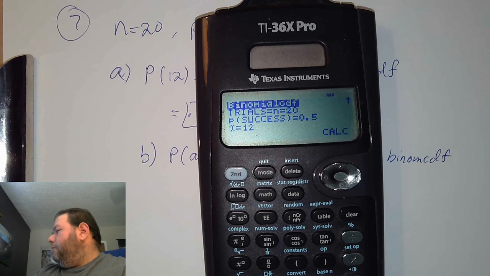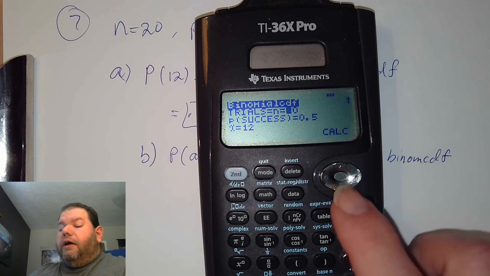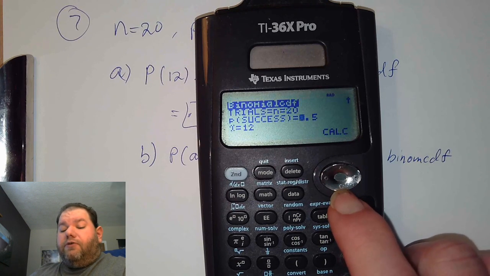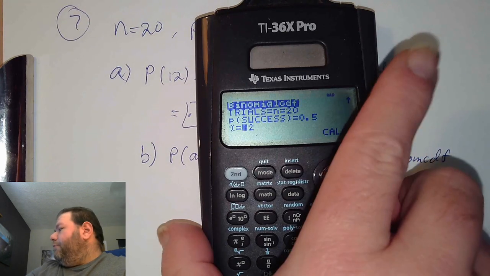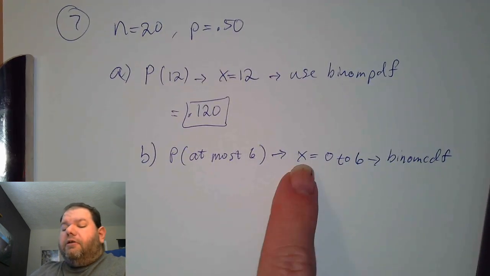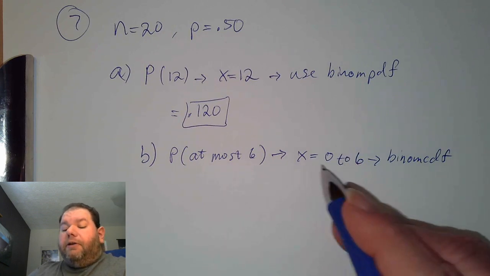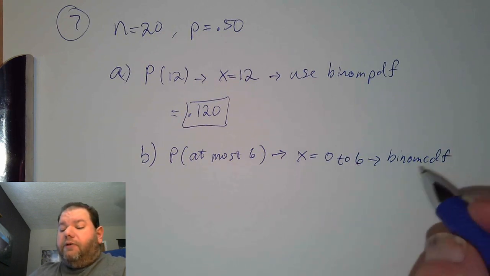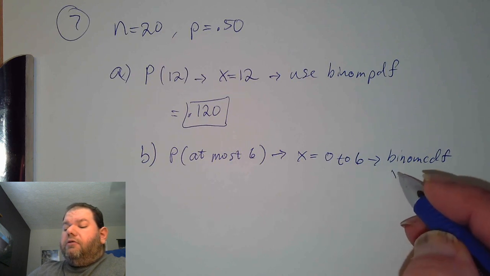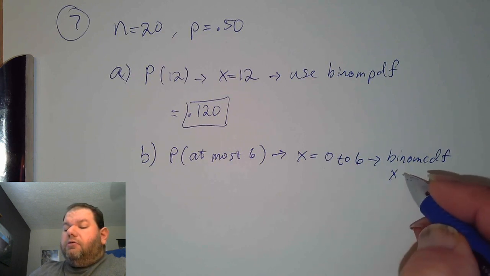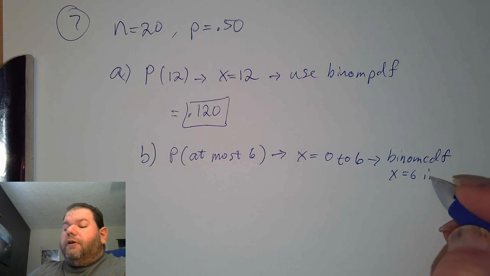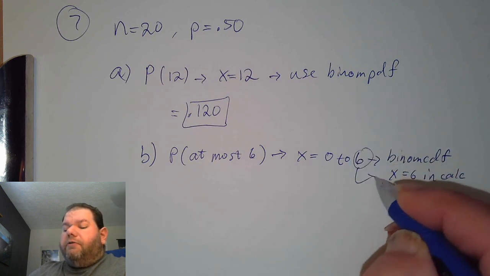Now we still have 20 individuals. We still have a probability of success of 0.5. But for x, since we're looking at x being a range from 0 to 6 values, then we'll use x equals 6 in the calculator. So whichever the maximum value is, that's